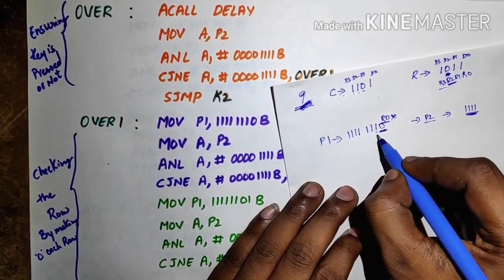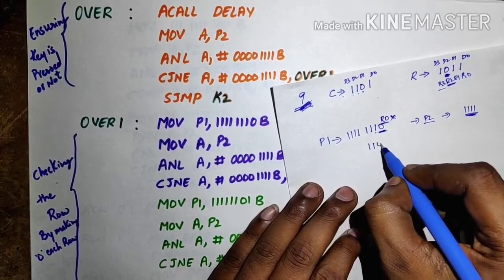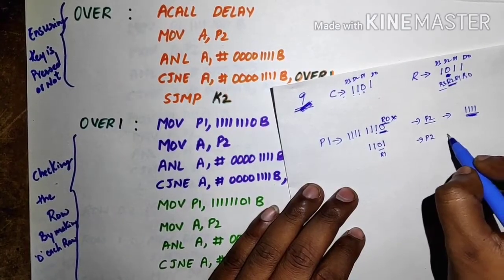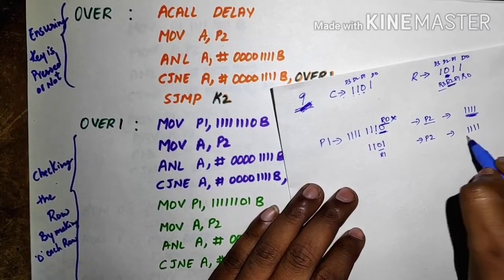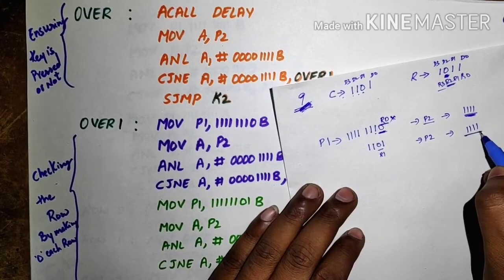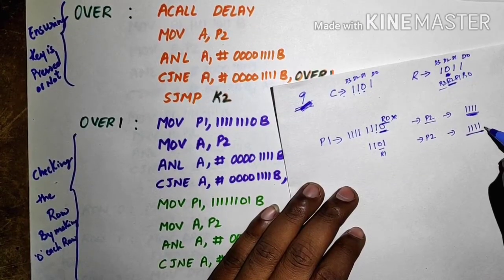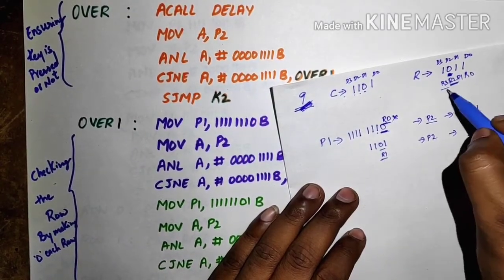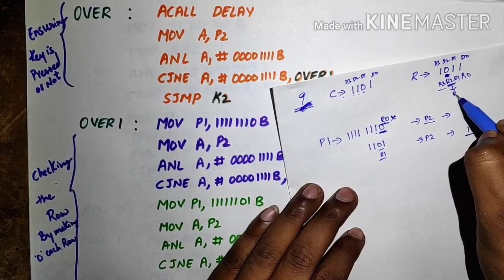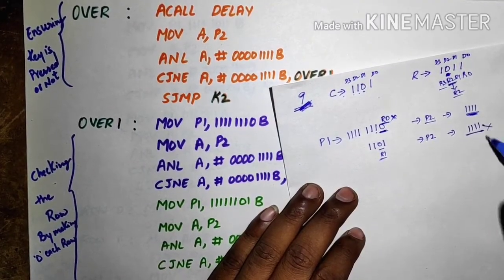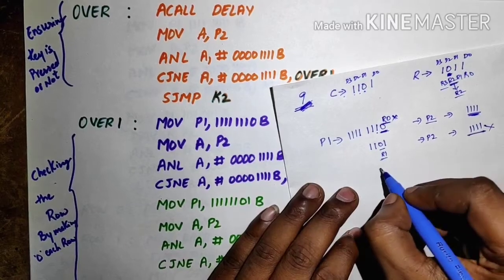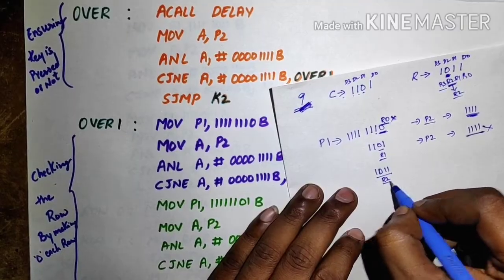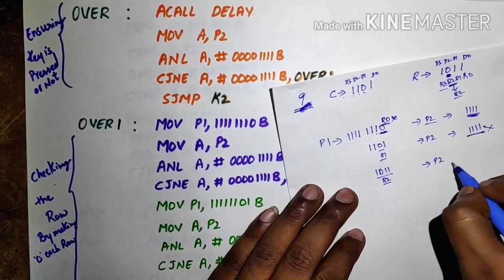Similarly, now in the next step we are making R1 0, and again we will read port 2 and check the port 2 values. If there is a change in columns, then R1 will be confirmed. In our example R2 is our row, so in this case also we will fail. Now it will make R2 0, 1 0 1 1, and again we will read the values of columns.